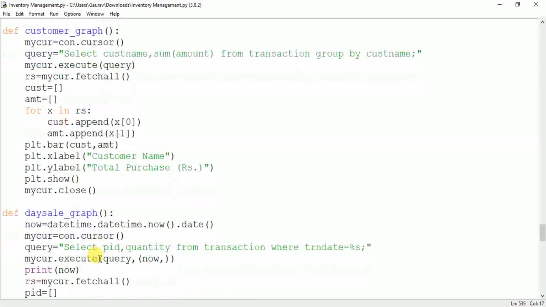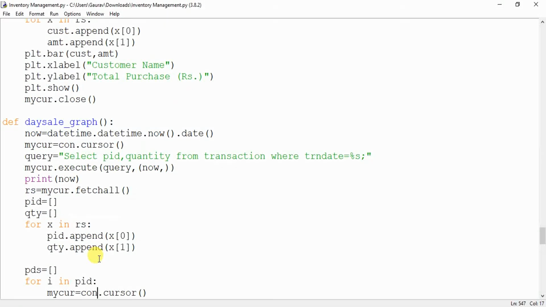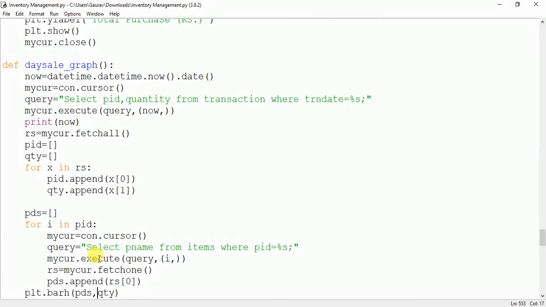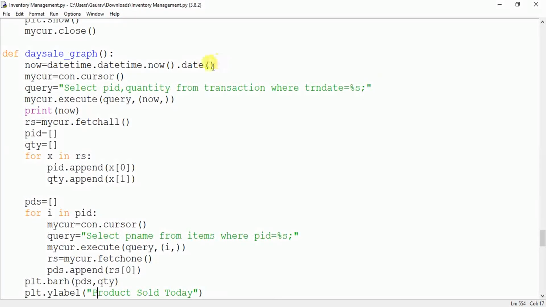the day sale graph, per day sale. So you use this now function, you get today's date. datetime.now will give you the date and time, and through this date function you can get the date component only. So write this query, this now, and from the transaction table all the sales that have been done today will be fetched.